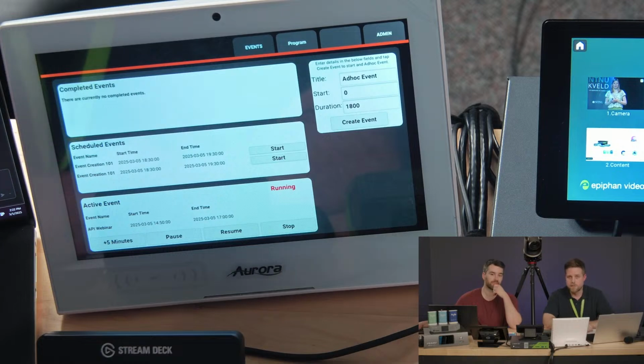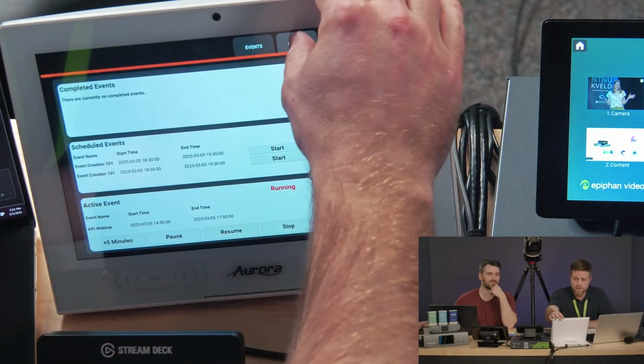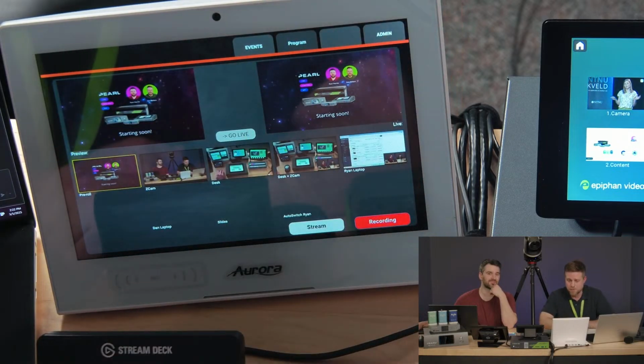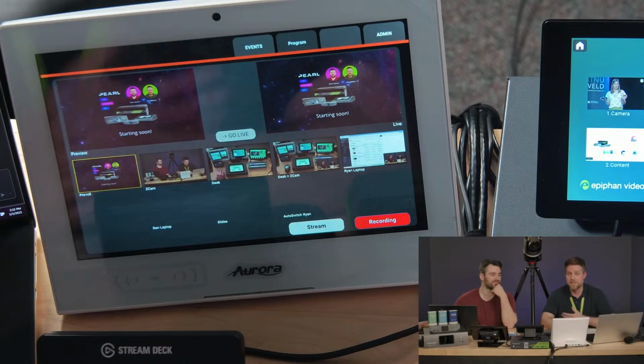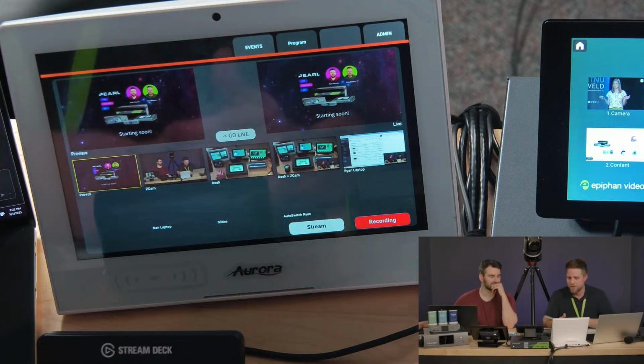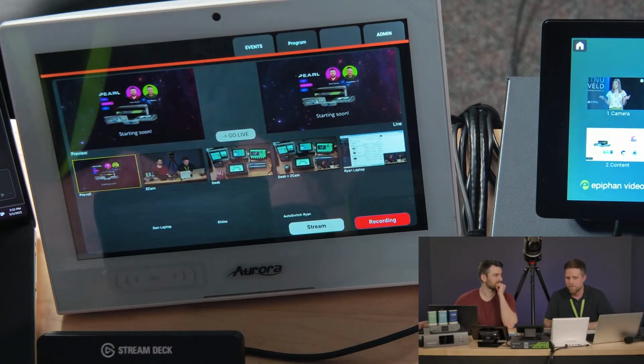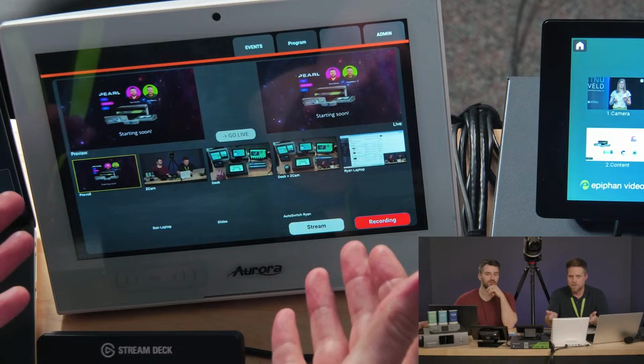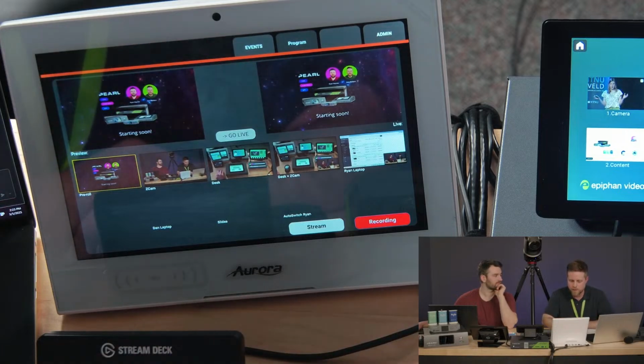Yeah, so shout out to AP Tech in Australia. Wayne was dipping into the Epiphan API for the very first time, actually, and he created this entire control system using this Aurora panel. So just to give an example of what's possible, even if we don't have a module or a native integration, you can still leverage the Epiphan API to create something totally custom, like what Wayne has created here.